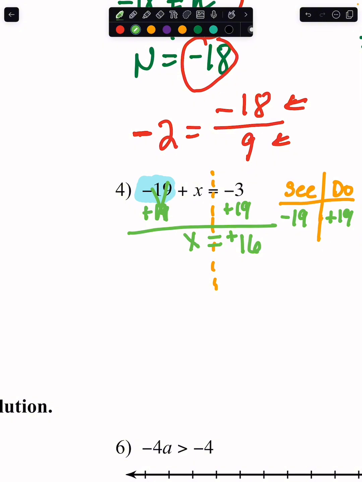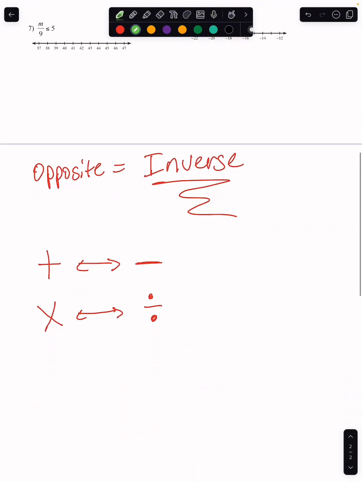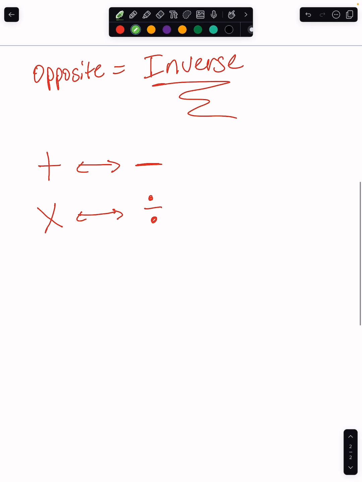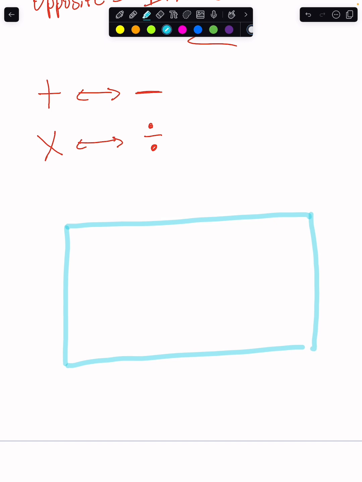Now let's talk about inequalities. It's the same process, the same see and do process, except there are a couple of different rules I have to add to this now. So if you don't have this chart written down already, write this chart down. This is the same chart I wrote in class. I have this chart like so, and in this box,